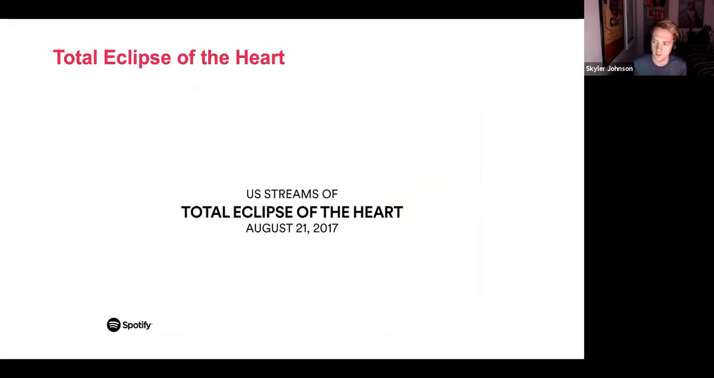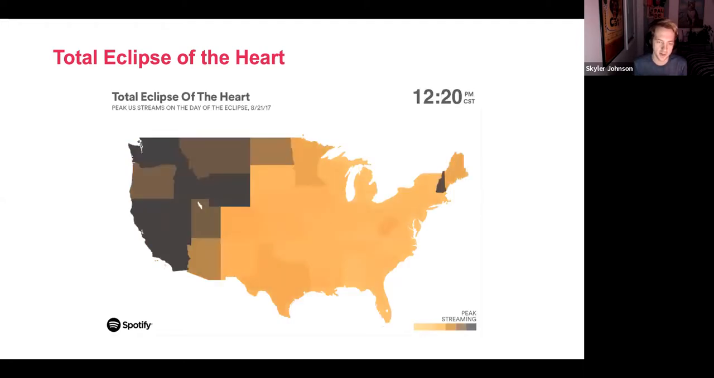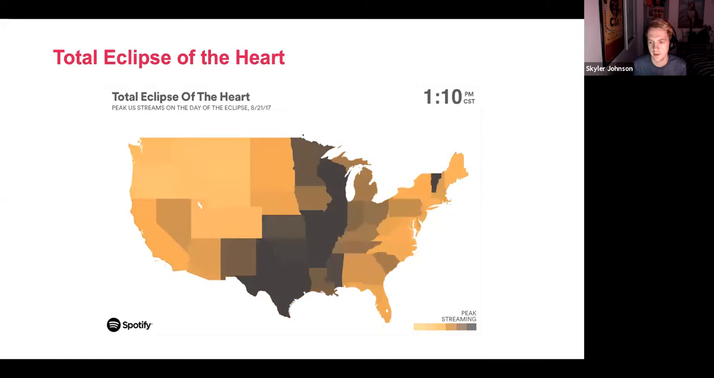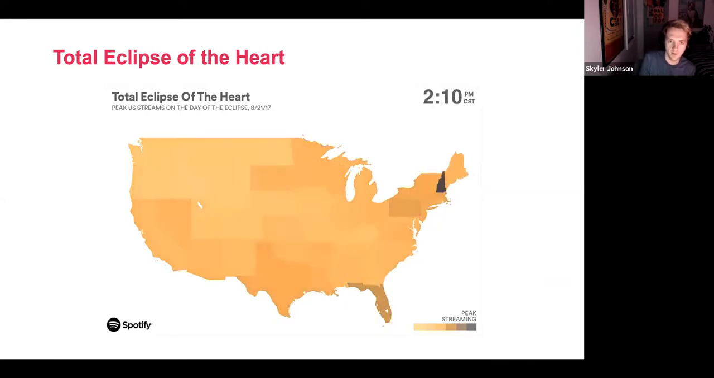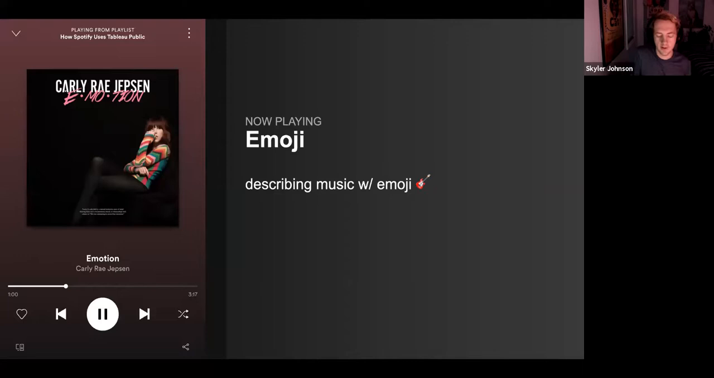So this is that GIF that we shared, and it's really just screenshots of Tableau stitched together in Photoshop and turned into a GIF. But this is the way that we shared it. We posted it on the blog. It got upvoted highly on the Data is Beautiful subreddit, and it was talked about on sites like CNET. The next